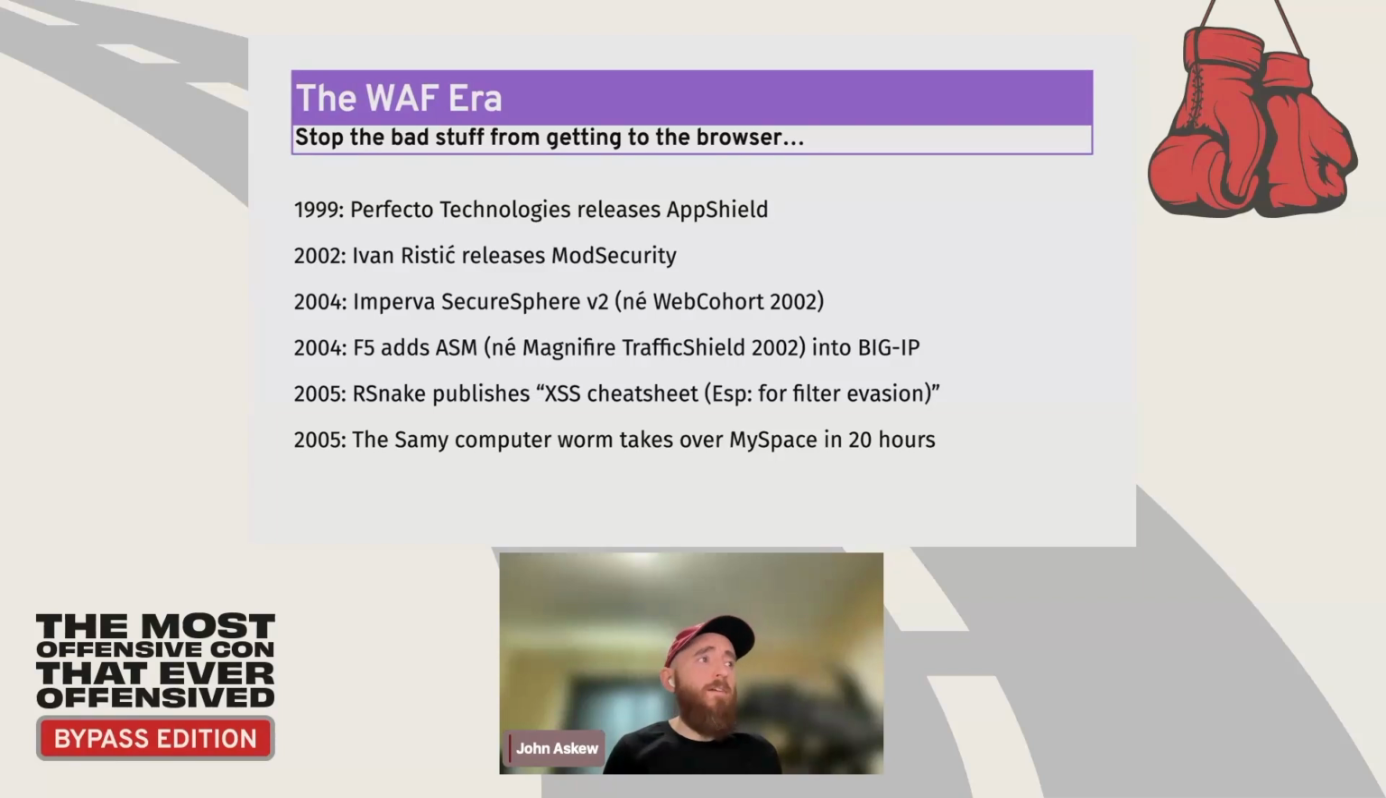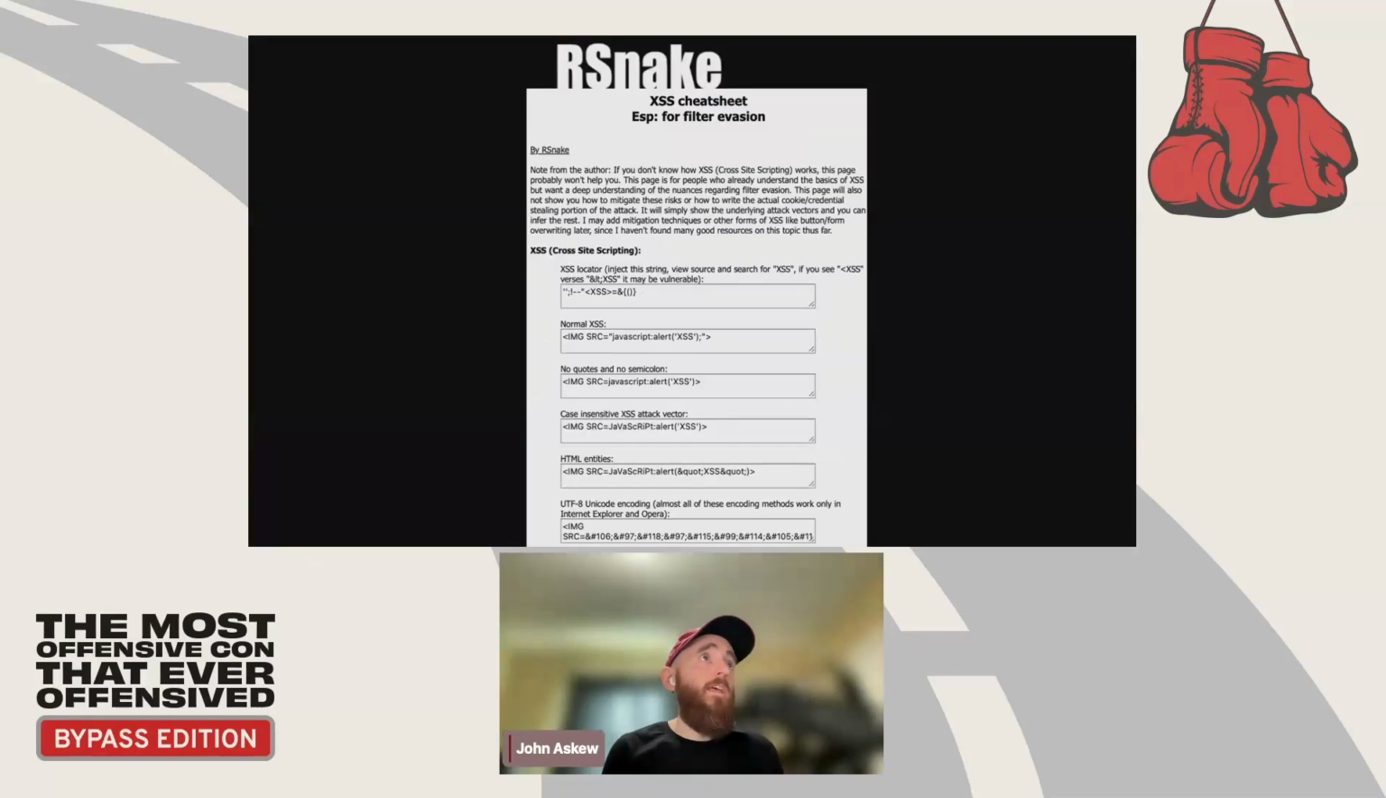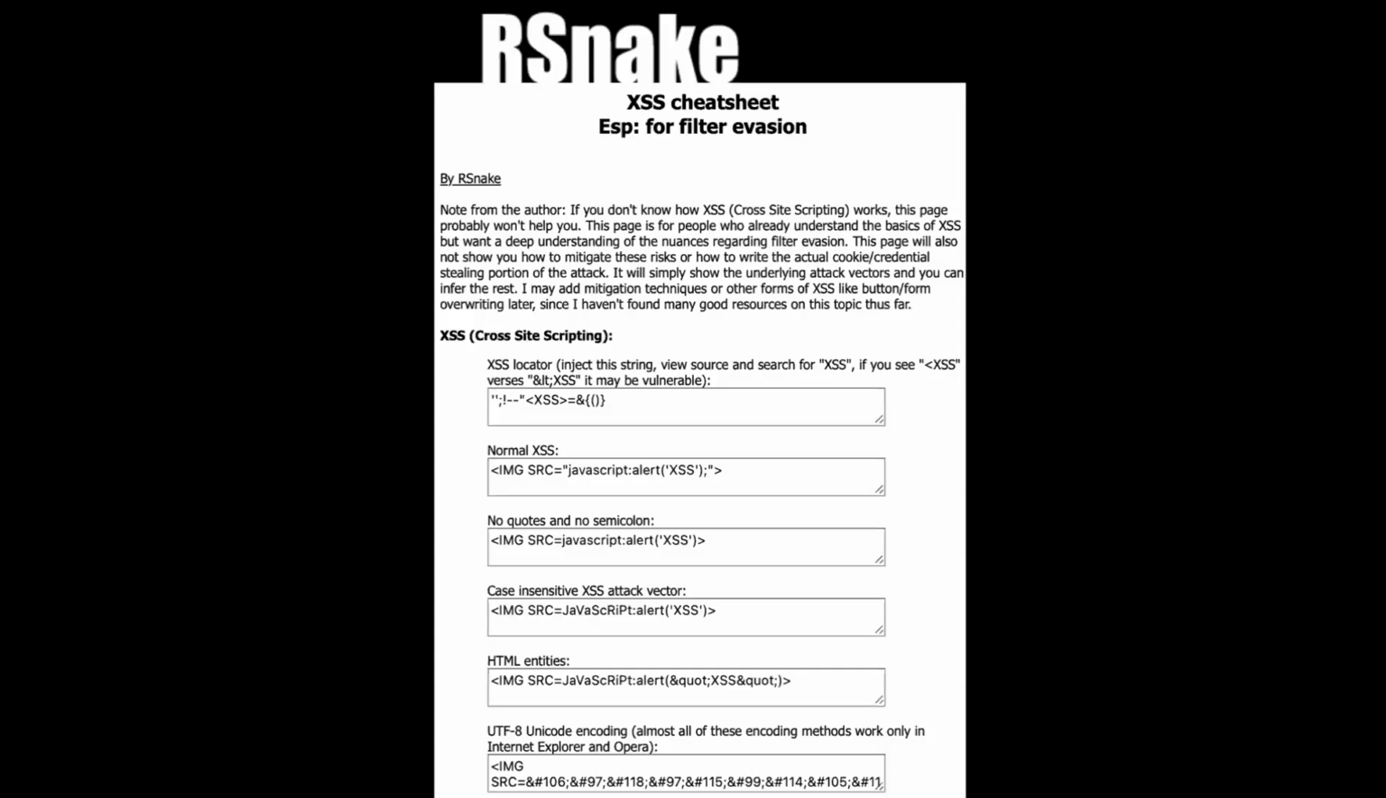Also, that same year, we had the Samy worm. So obviously, cross-site scripting and cross-site request forgery attacks are much more in the public eye at this point. If we look at this cross-site scripting cheat sheet, we see the basic idea here is that if we're looking for bad stuff going to a browser,